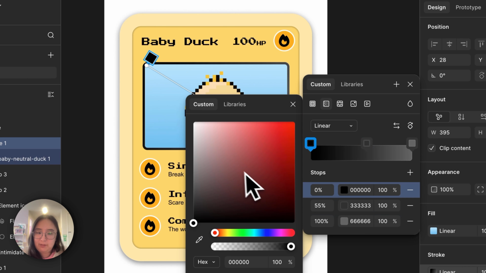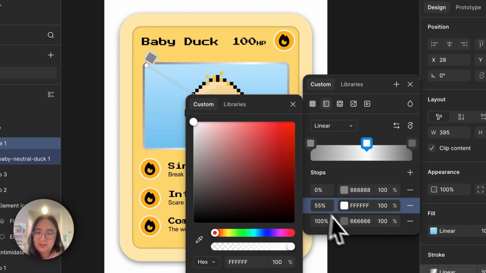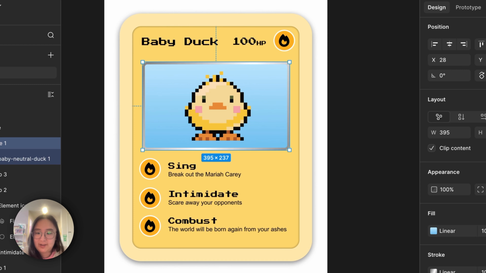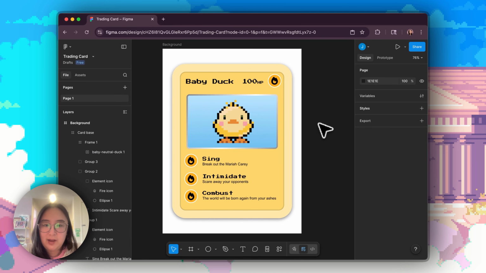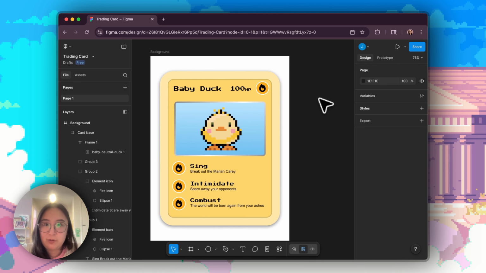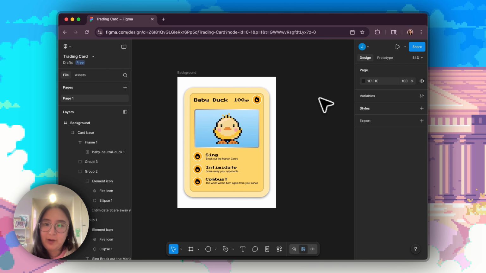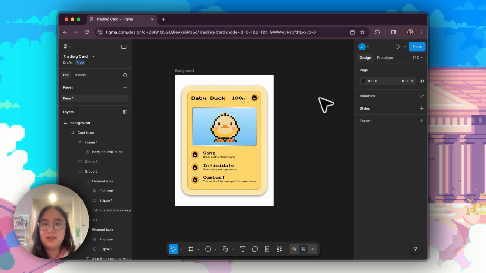Instead of using black, I'm going to use this medium gray, white, and then back to medium gray. And now it creates this like shiny metal effect for my trading card, as if this was made out of some sort of shiny foil material. And there you have it. That's your trading card. The last parts of this demo, I'm going to share how you can share this creation